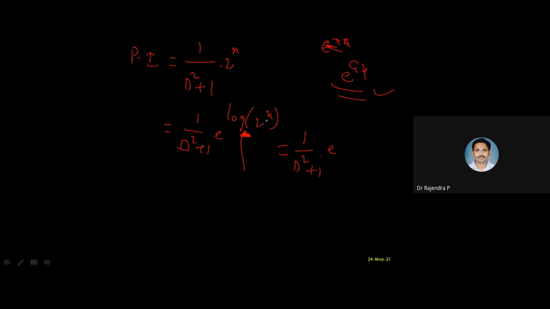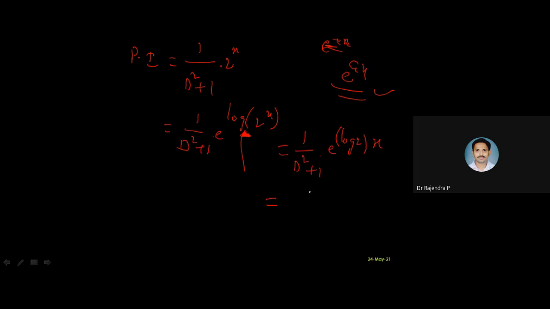I can write it in this way. In 2 power x, the x comes to the front side. Do you agree? Log 2 into x. Log 2 is a constant now. In place of ax, we have log 2 into x. Do you agree now? Is it in the e power ax form? Yes. Now you substitute. Now there is no problem.